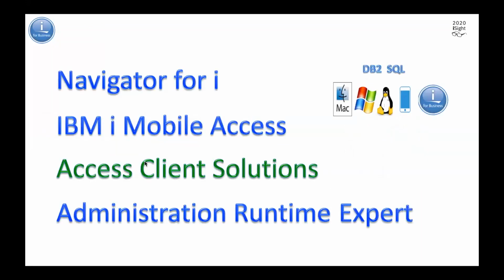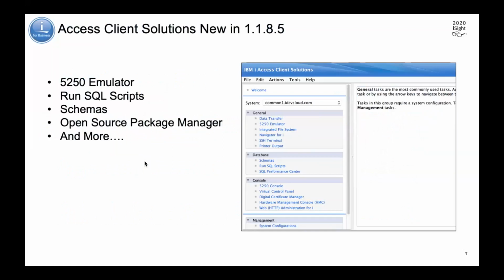So some of our core solutions, Navigator, Access for Mobile, ACS, and the ARE support, those are some of our strategic interfaces from an IBM i-centric perspective, and we're going to spend some time diving into several of these. So first off, ACS. The current version of ACS that's out today, we delivered in, I believe, June of this year, is our 1185 version. Lots of updates were added into this,